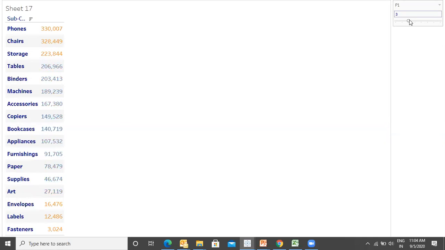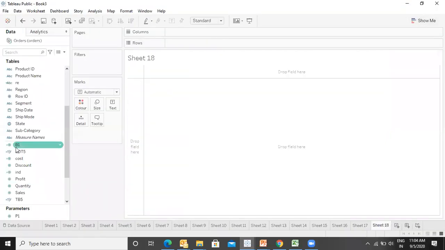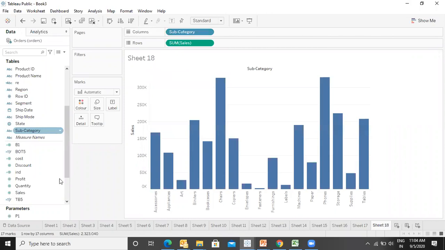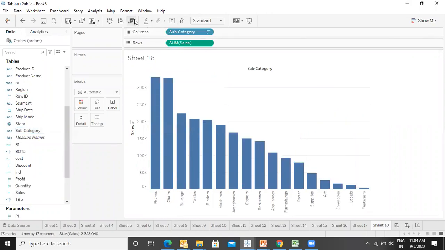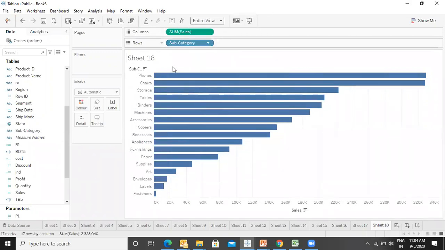Now if I put it in a visual manner, let me take one more over here. Let me take the sales on the basis of subcategory, and let's sort it. Sorting is important. Let's put it like this, entire view.